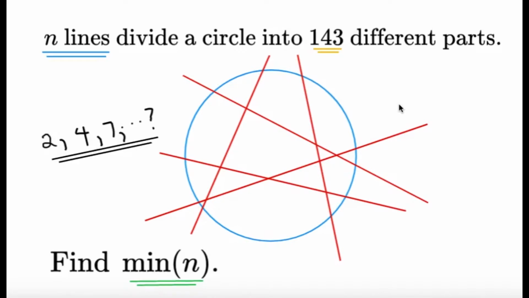Here's an item on combinatorics. N lines divide a circle into 143 different parts. Find the minimum value of n. As usual, pause this video if you'd like to give this item a try, but if you're done, let us